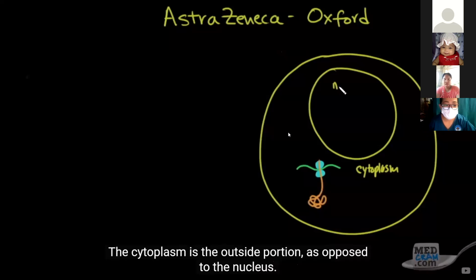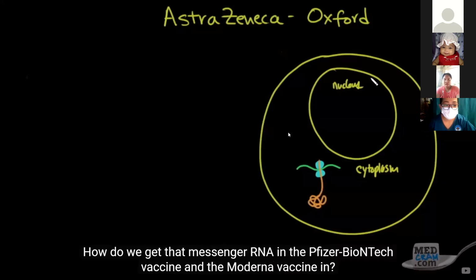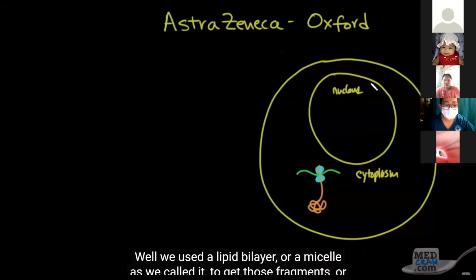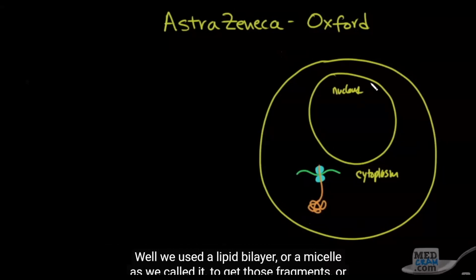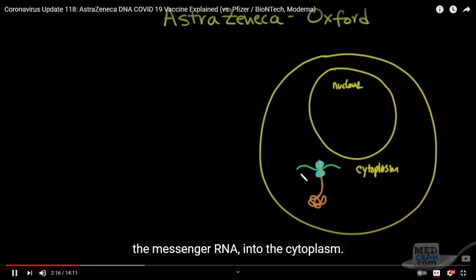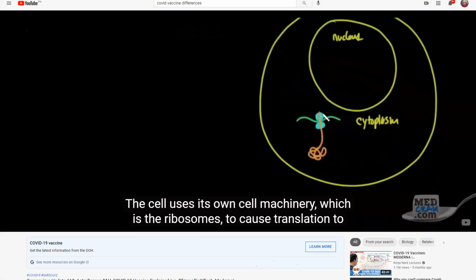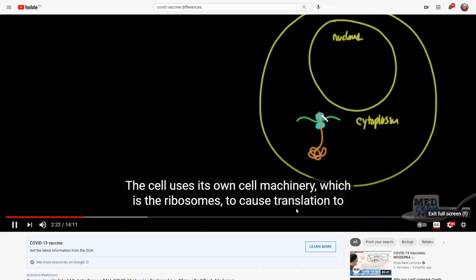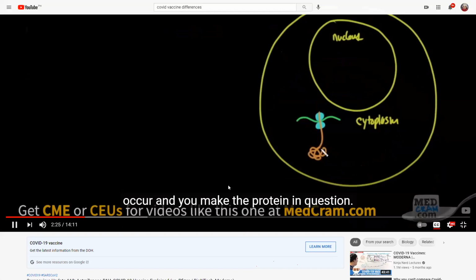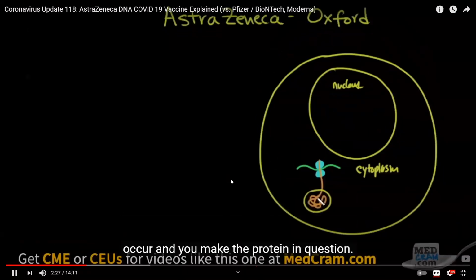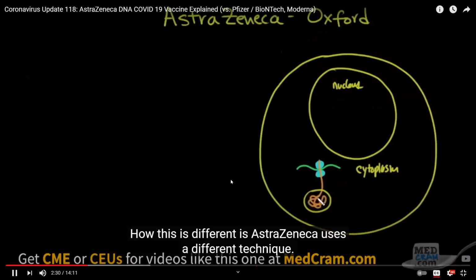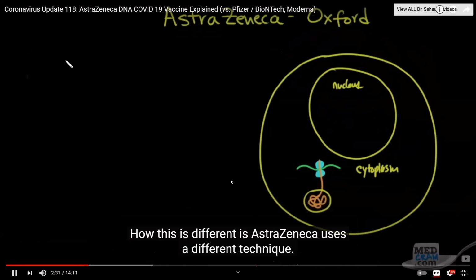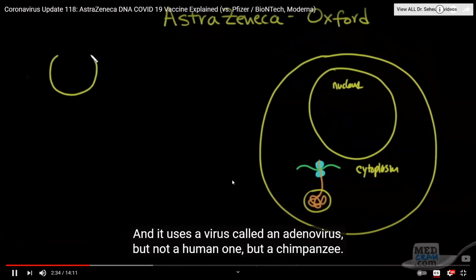How do we get that messenger RNA in the Pfizer-BioNTech vaccine and the Moderna vaccine in? Well, we used a lipid bilayer, or a micelle as we called it, to get those fragments or that messenger RNA into the cytoplasm. And then from there, it's fairly straightforward. The cell uses its own cell machinery, which is the ribosomes, to cause translation to occur, and you make the protein in question. How this is different is AstraZeneca uses a different technique, and it uses a virus called an adenovirus,